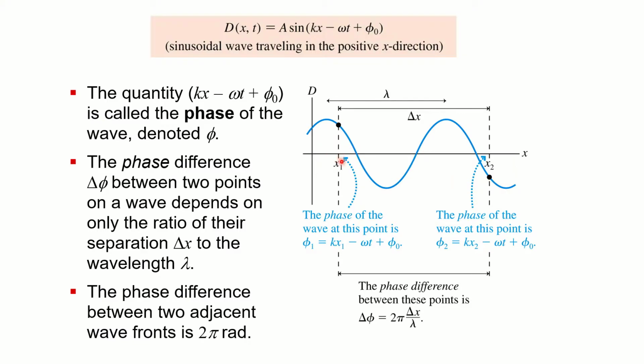So if I'm at some position x1 and there's this wave on it, that phase tells me if I'm, say, at the maximum or a node or a minimum or somewhere in between, then that point has some phase defined at that time. Whereas a different point would have a different phase. And it turns out the phase difference, phase 2 minus phase 1, essentially captures how those waves